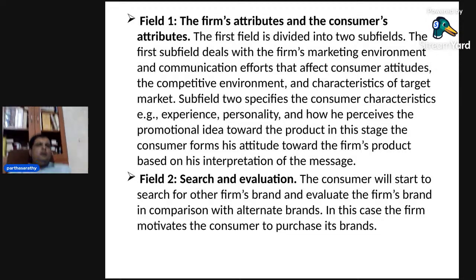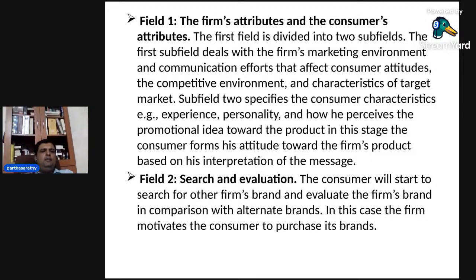Whatever advertisement is intended to bring about changes, what needs to be kept in mind is whether it can impact the attitude of the customer. If it has a huge impact, then definitely the customer will go for the product. And communication efforts that affect consumer attitude, the competitive environment, and the characteristics of the target market. From the first subfield, that is the firm's marketing environment, what they have to keep in mind that is very important is